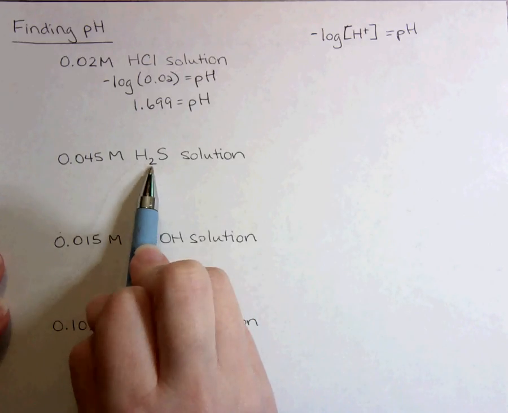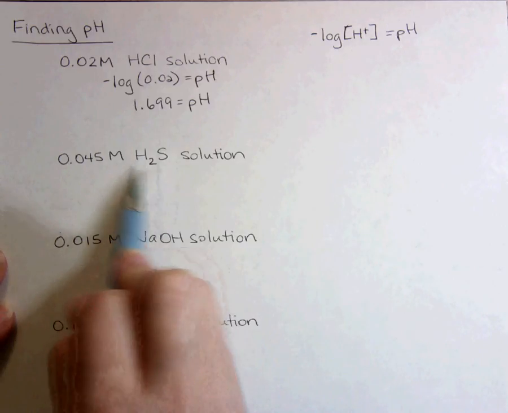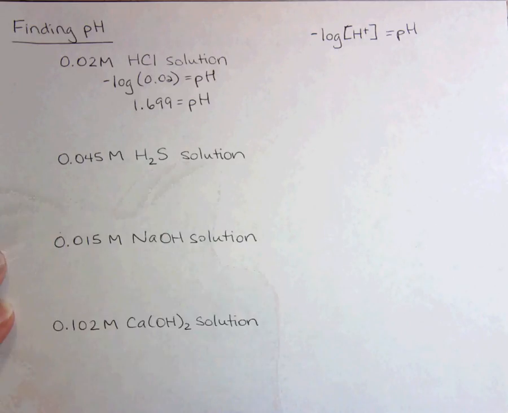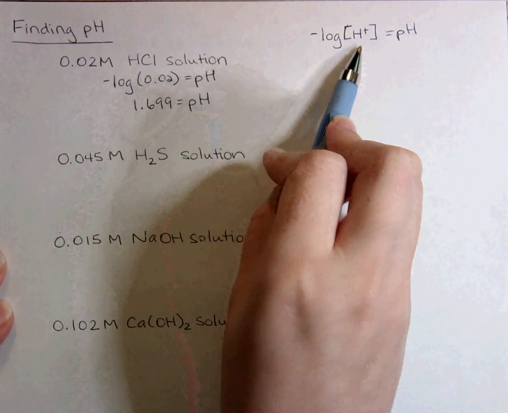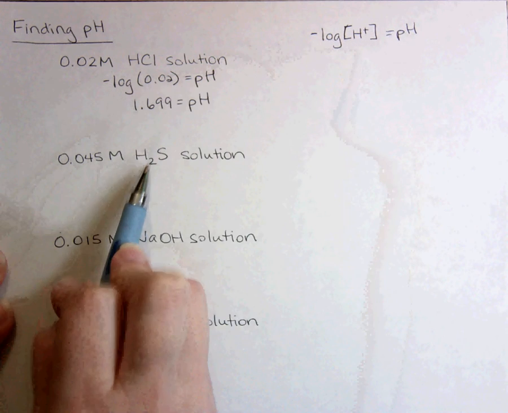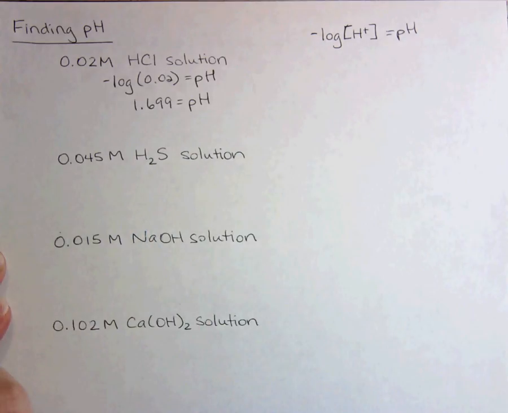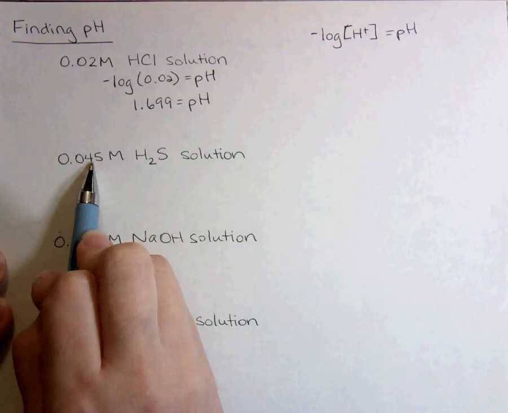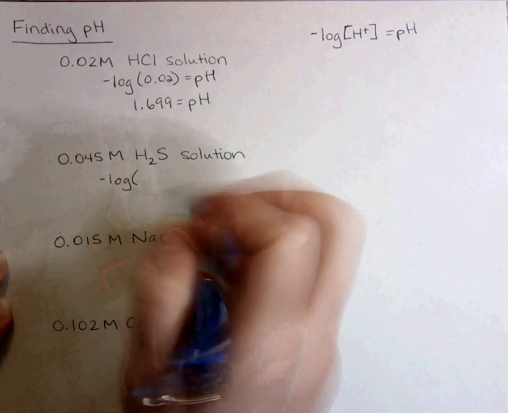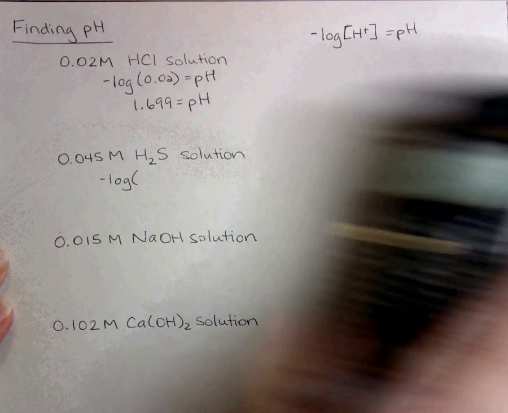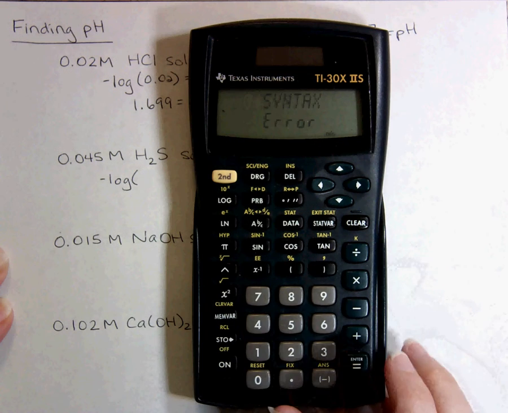So my concentration of hydrogen will be double what the concentration of H2S is in this solution. So I can't just put in 0.045 into my formula here. I have to double it because I'll have twice as many hydrogens in my solution when this breaks apart. So I'm going to double this first. I'm going to put my negative log, but I'm not going to put a 0.045 in here. I'm going to put 0.045 times 2,